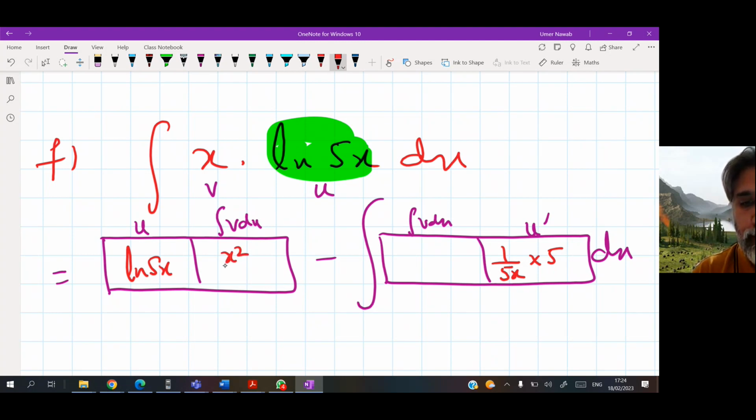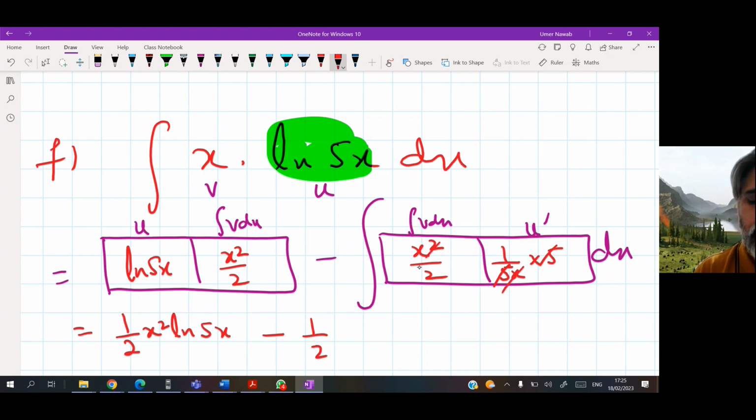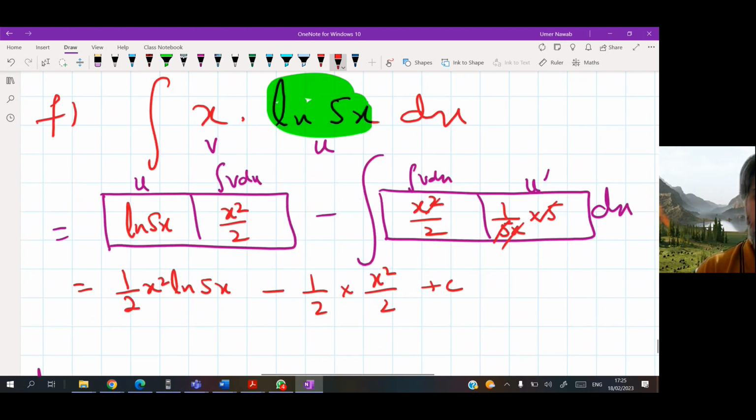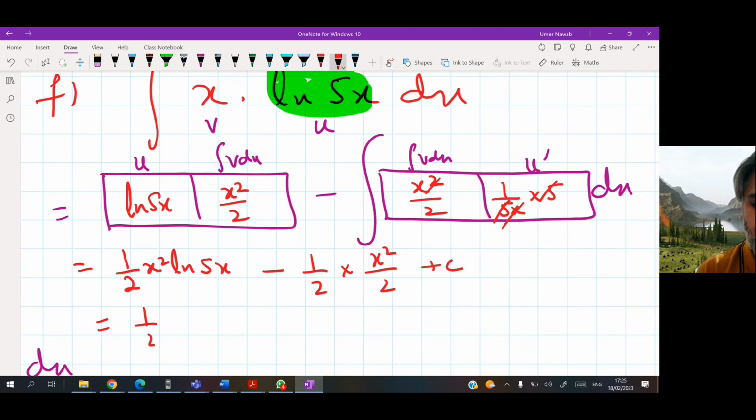Integration of x is x squared over 2. 5 cancels, so you get 1 over 2, and x cancels with x squared. So you are left with the integration of x, which is x squared over 2 plus c. Final answer is